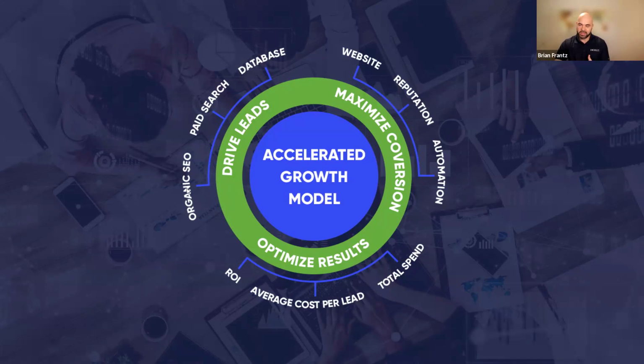And for each one of these, there are specific things that you can do to drive leads. Like organic SEO: there are things you can do on and off your website to improve its rankings in the search results, in Google and Bing. So when someone searches for a hospice provider or a hospice near me, you show up on the first page, ideally in the top 3 spots. There are very specific things for SEO,